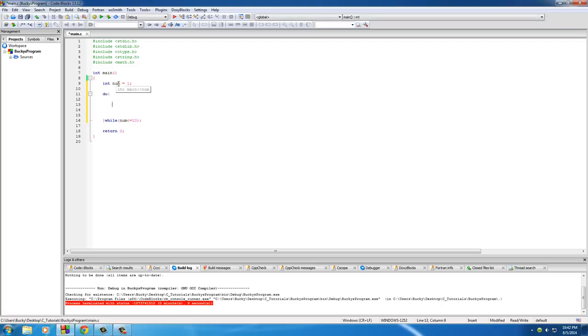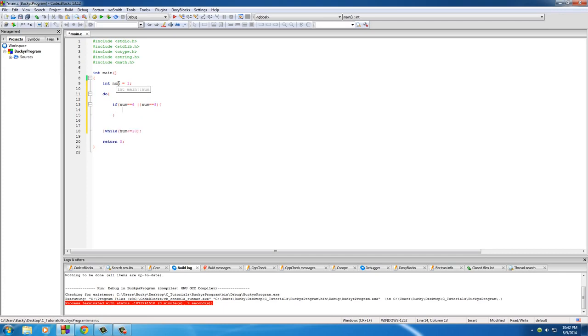Okay, so the first thing we need is a condition of when to continue, because of course, that's the tutorial. So let's pretend that the numbers 6 and 8 are already taken. So if num equals 6 or two little pipe signs, num equals 8,